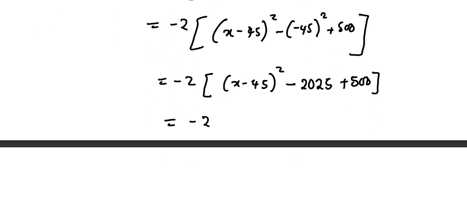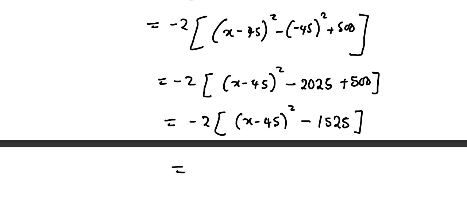And this will be negative 2, x minus 45 squared, then this minus 500, which is going to be a negative 1525. And if we multiply back by 2, this is going to be negative 2, x minus 45 squared, plus